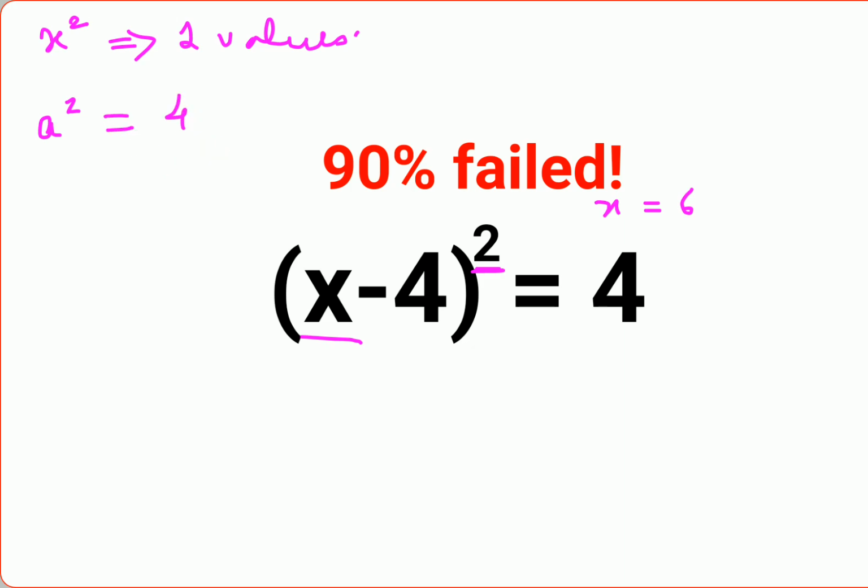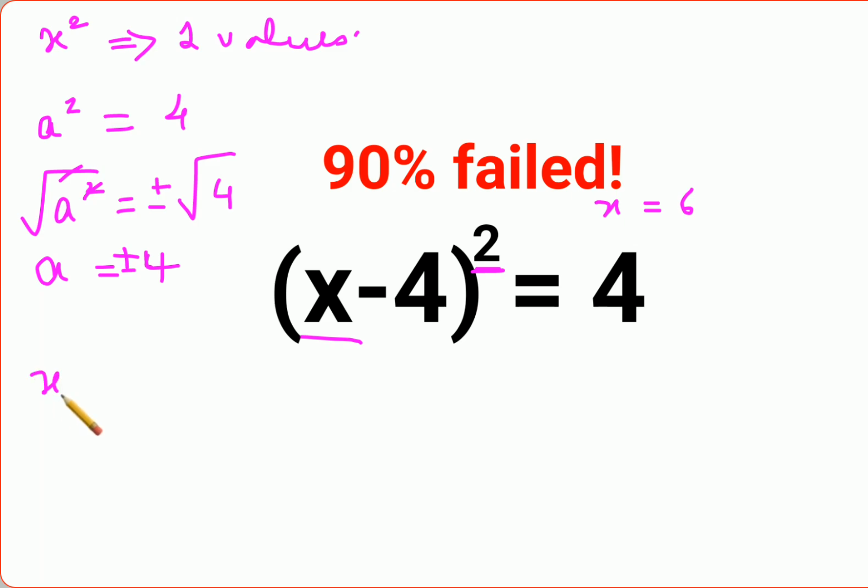Okay, so now please understand, let's take (x minus 4) the whole square as a square, equals 4. Now in order to find the value of a, we need to take square roots on both sides, and when you do that, the square root will always have a plus minus sign. See, if a variable is involved and you take a square root for the variable, the final answer will always have a plus minus situation. Okay, so here we can say the value of a is either plus 2 or minus 2.